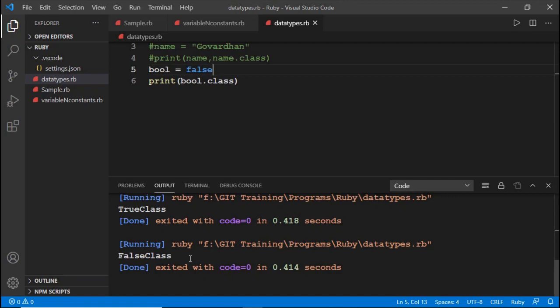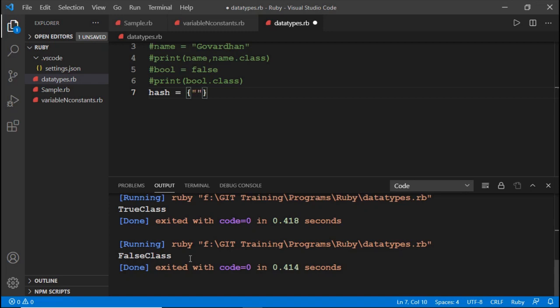Then the next data type is hashes. A hash is a collection of key and value pairs, which are separated with a comma, and all the pairs are enclosed in curly braces. See how to create a hash in Ruby. Hashes are similar to associative arrays in PHP. Let us take hash equal to, with all the key and value pairs enclosed in curly braces.